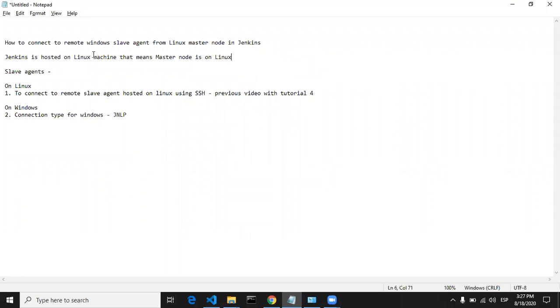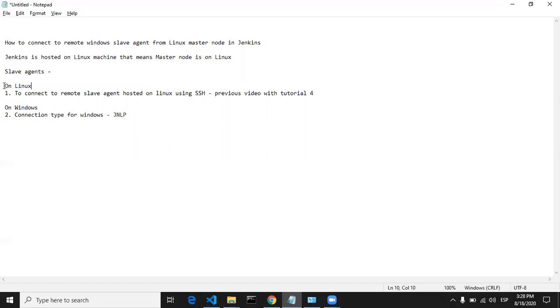In today's video, we are going to see how to connect to remote Windows slave agents from a Linux master node in Jenkins. In today's demo, our Jenkins is hosted on a Linux machine. That means the master node is on Linux. There are two ways by which you can host your slave agents on any operating system.